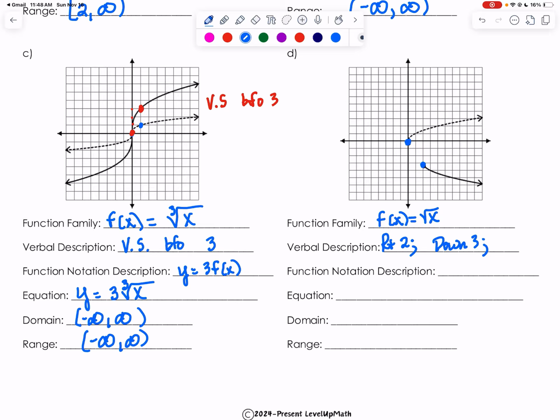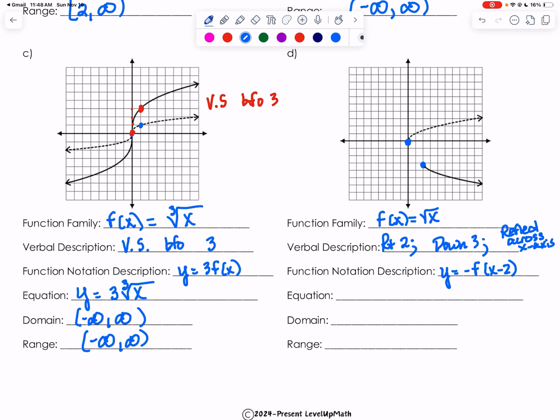And we have reflected across the x-axis. So reflect across x-axis. So our function notation would be y equals negative f of x minus 2